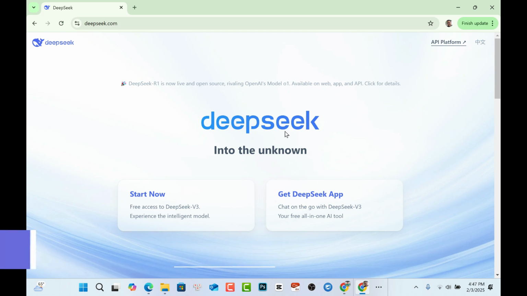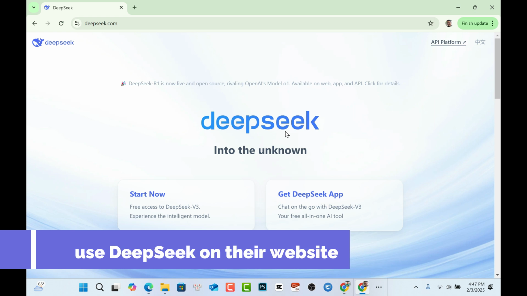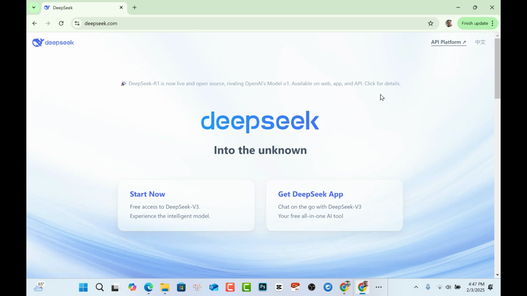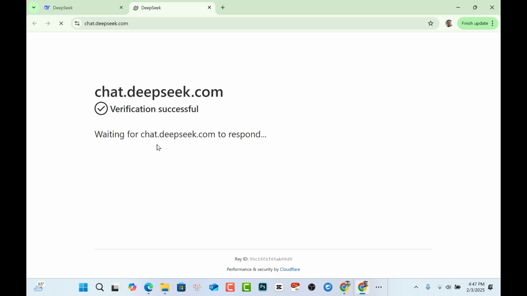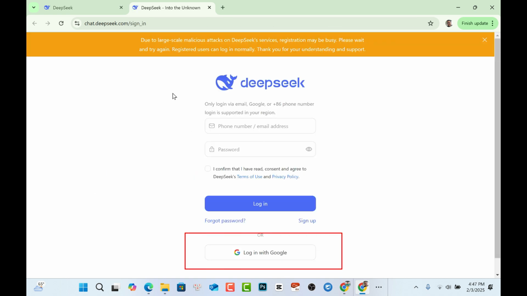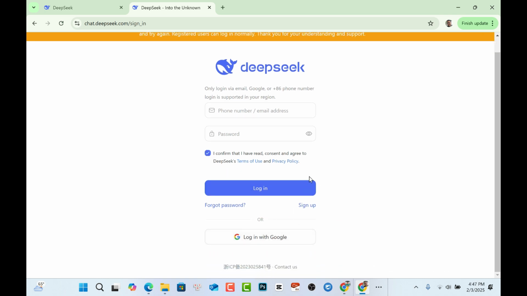Okay, so first thing first, if you want to use DeepSeek on the web, you can just log into your Google account and you can start using it right now. For example, I have my Google account logged in, and then I can click this button to start. Okay, so it will verify my identity. Verify finished, and now we can click this button, login with Google account, and maybe you need to confirm that you read and consent to the privacy policy also. Okay, so now we need to click here, login with Google,